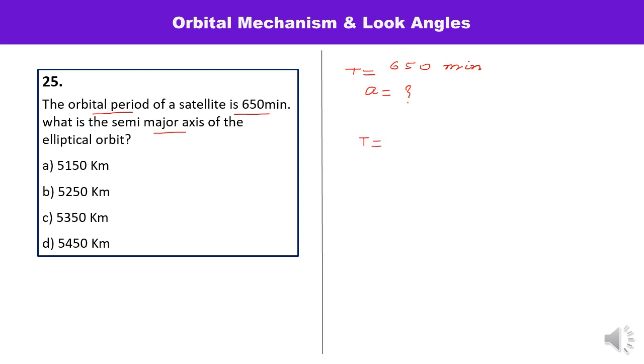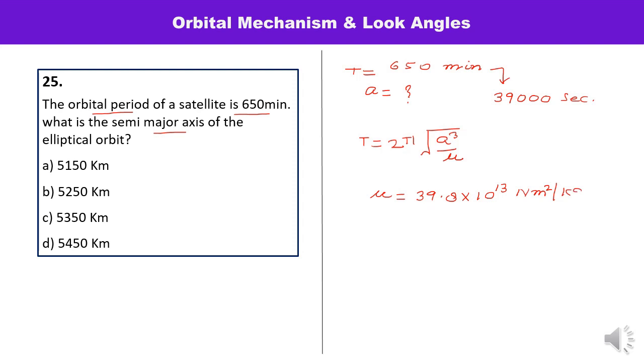T is what? 2 pi under root A cube upon mu. And T is what? 650 minute. Convert it into the second. So it will be 39000 second. And mu, you know that mu is what? The product of G into M, and its value is 39.8 into 10 raised to the power 13 Newton meter